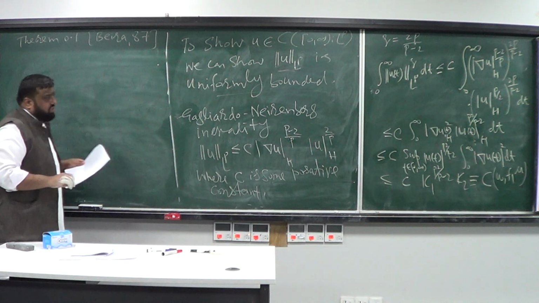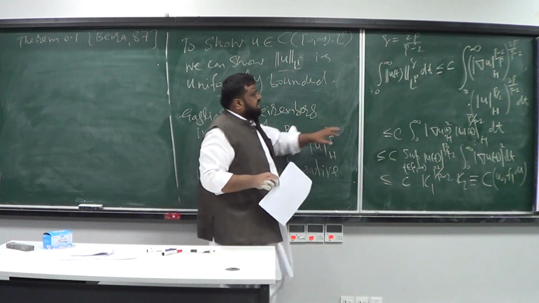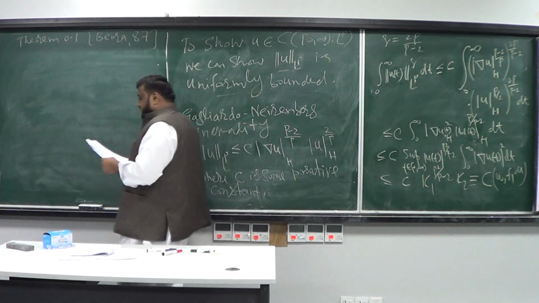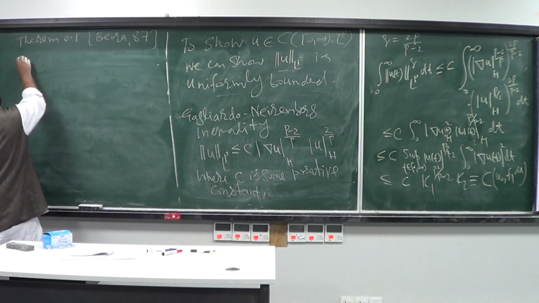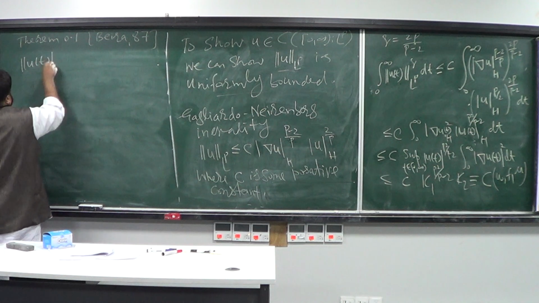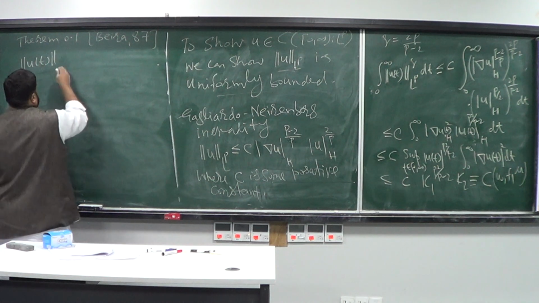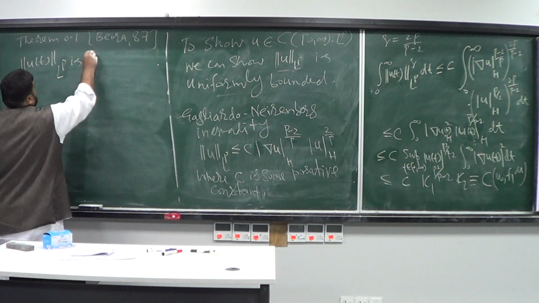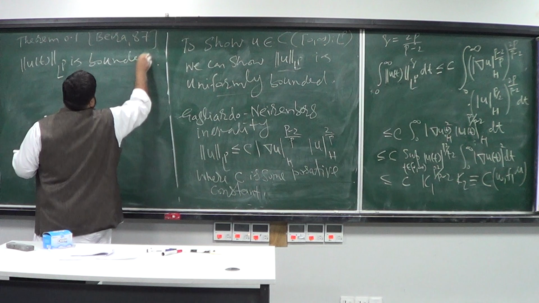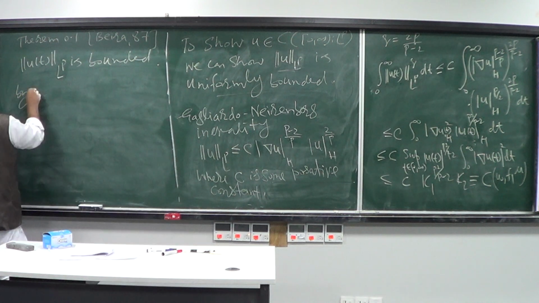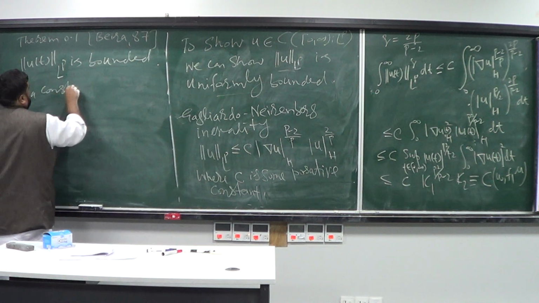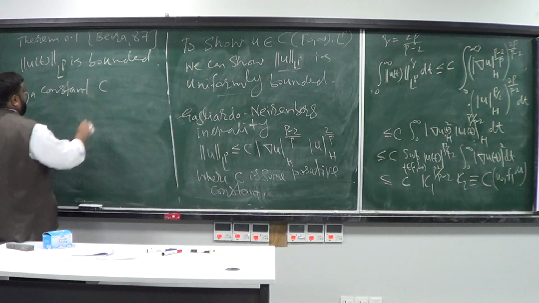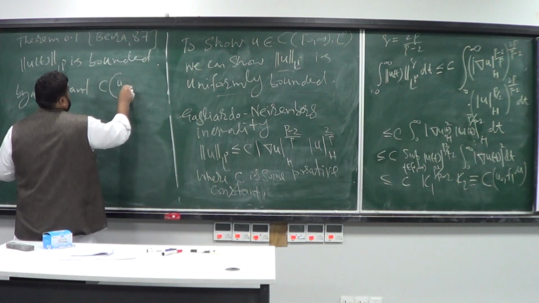We can deduce that this LP norm of u(t) is uniformly bounded by a constant phi, that we have already talked about, that depends on u naught and